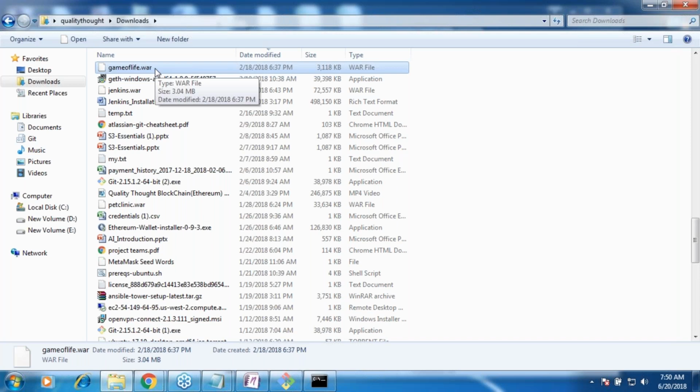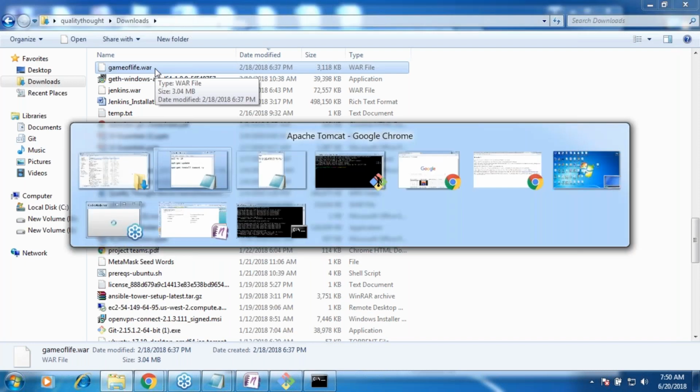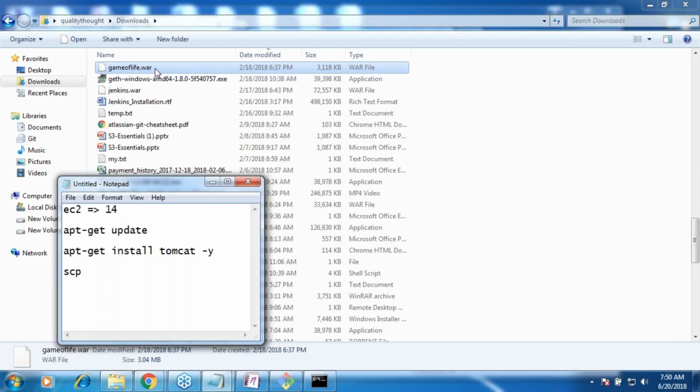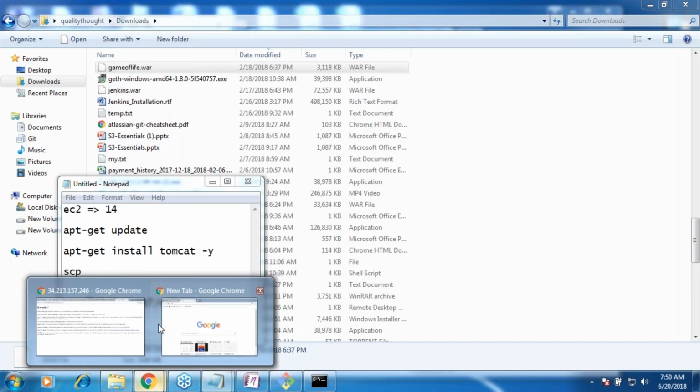For that, I used a command called SCP to copy this file. Then I copied Game of Life into the webapps folder of Tomcat, which looks something like tomcat7/webapps. Then I tried to restart the service and the page was not loading.